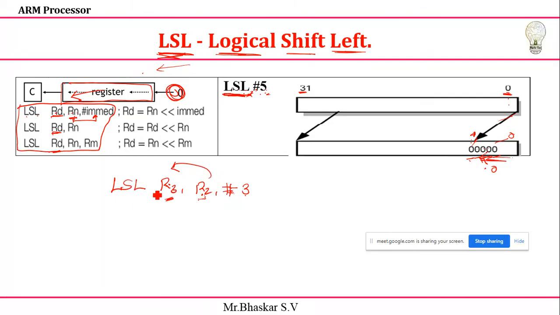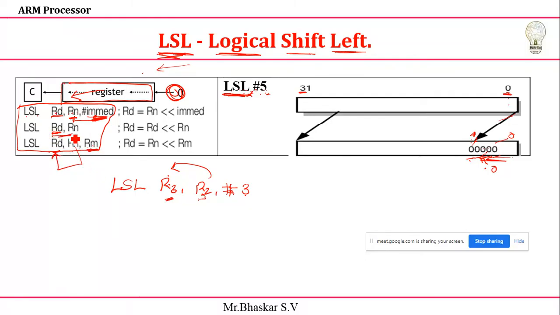We'll take one example and explain. But in all the registers, same position, same thing only. So this value will be changed and stored in my register. And come to this case also. Instead of giving an immediate value, we are giving it through the register. Whatever value is mentioned in the register, that many bits it will be shifted left, and the result will be stored in my RD register.